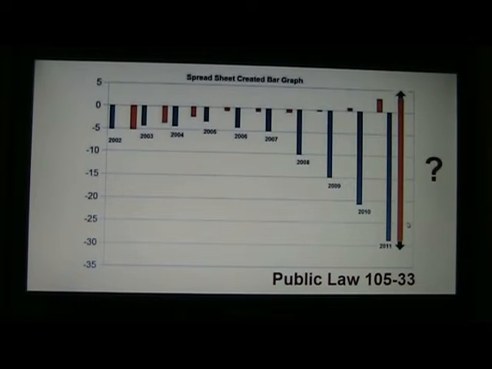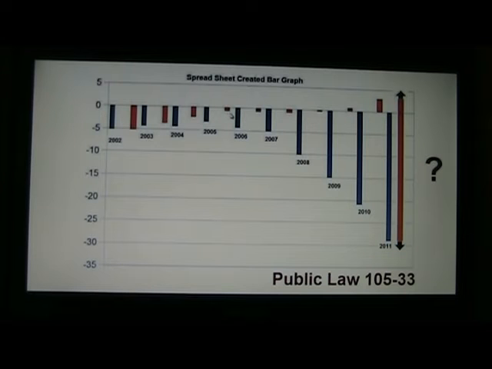Now maybe this chart will make a little more sense. The blue lines represent the cuts. The red lines represent what Congress did. Notice the zero line here. This is where we're going to start. So first of all, there was a cut, and the Congress allowed it to happen. Then there was another cut called for. The Congress increased it by a little bit. Another cut, another increase. 2005, remember,